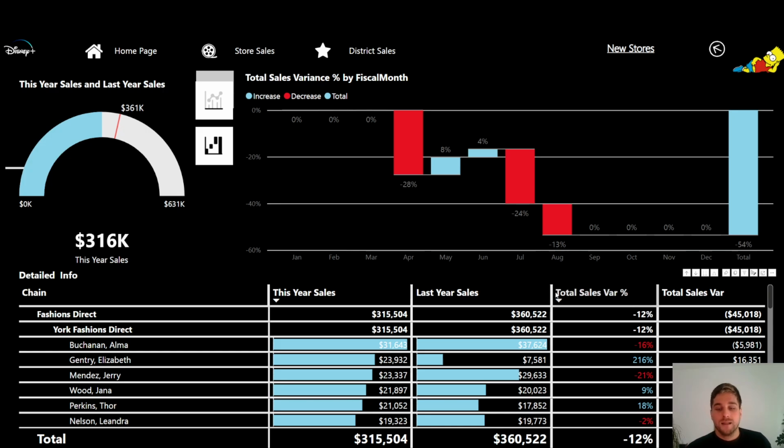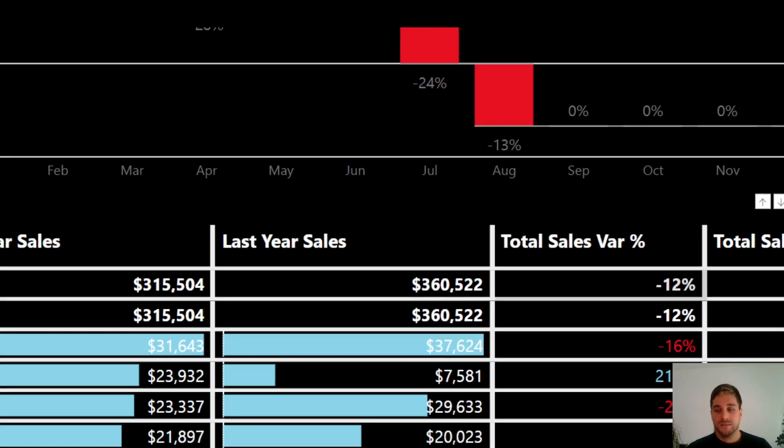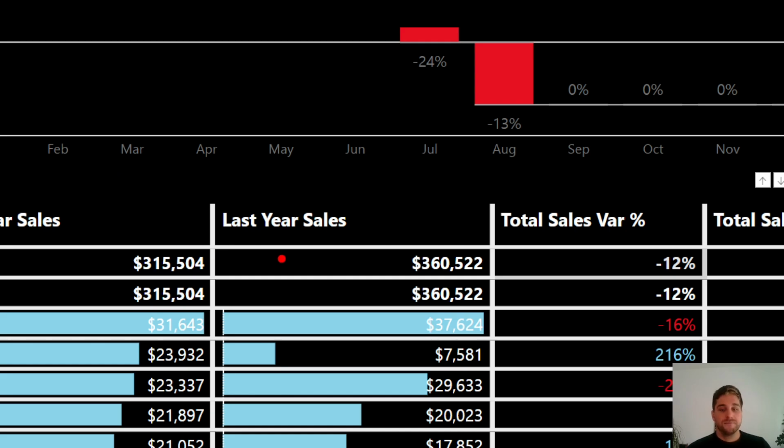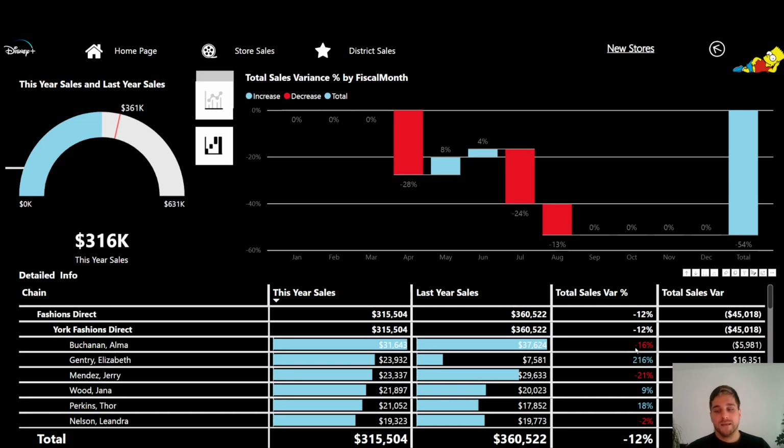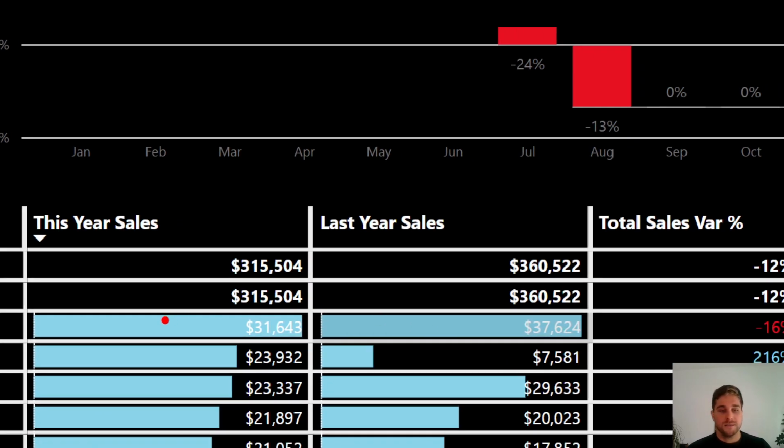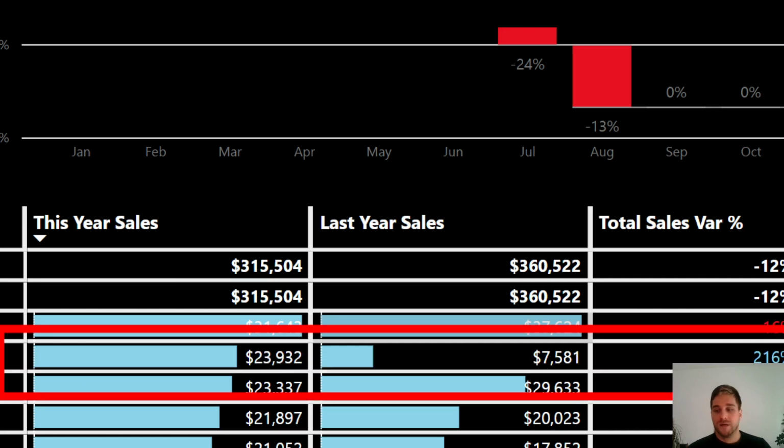Again, with the color navigation, we could see here that if something last year was doing better than this year in comparison, we could see the highlight, and the color helps us to navigate. Or in this case, for example, we have a significant increase this year compared to the last year, 216%.